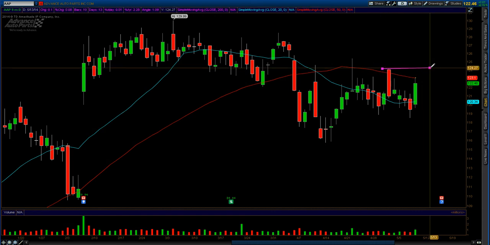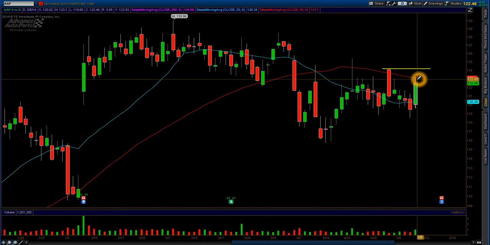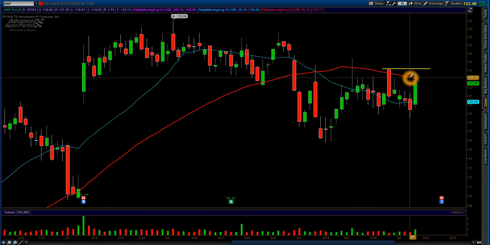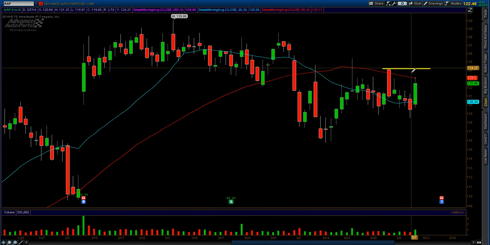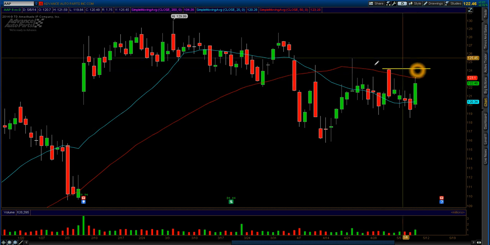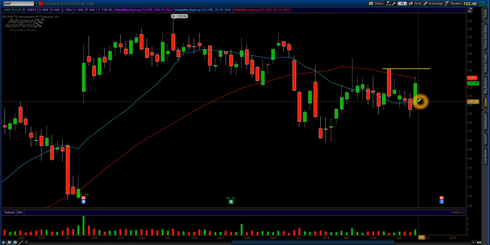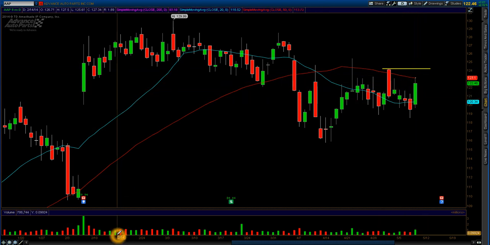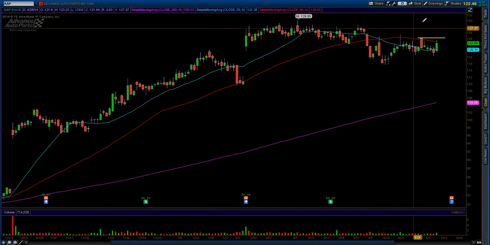All right, there we go. So tomorrow, if this thing decides to break the 50-day moving average, the red line, watch for this as resistance. I kind of favor the downside on this stock here, and one more reason is